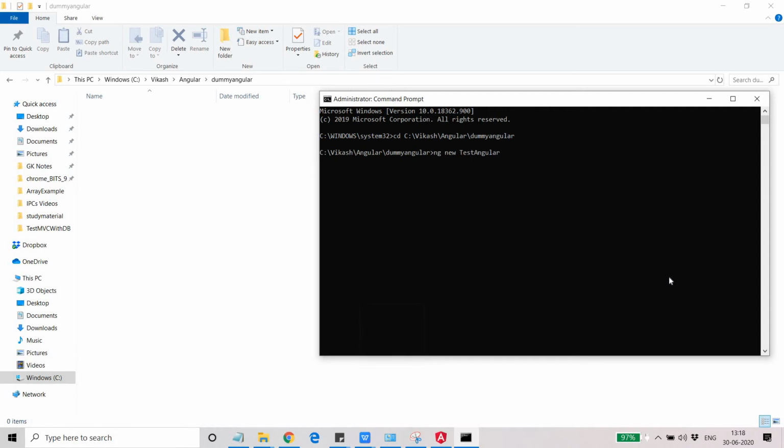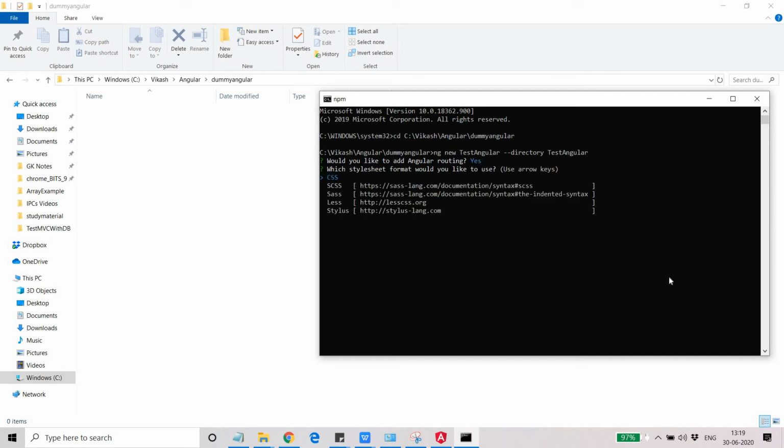I'm giving this name. And then you need to give the name of the directory under which this test Angular project will be created. Right? So I'm giving the same name, which means that I want to create the same directory name, which is same as the project name. Right? So if you run this, you will be able to see it asks you, would you like to add Angular routing? I'm saying yes.